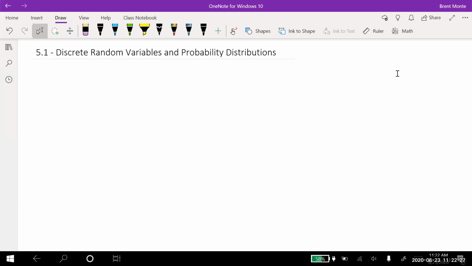Hey everybody, let's jump into chapter 5 today. So we're doing two sections, 5.1 and 5.2. And in 5.1, we've got discrete random variables and probability distributions. So first of all, let's talk about a random variable